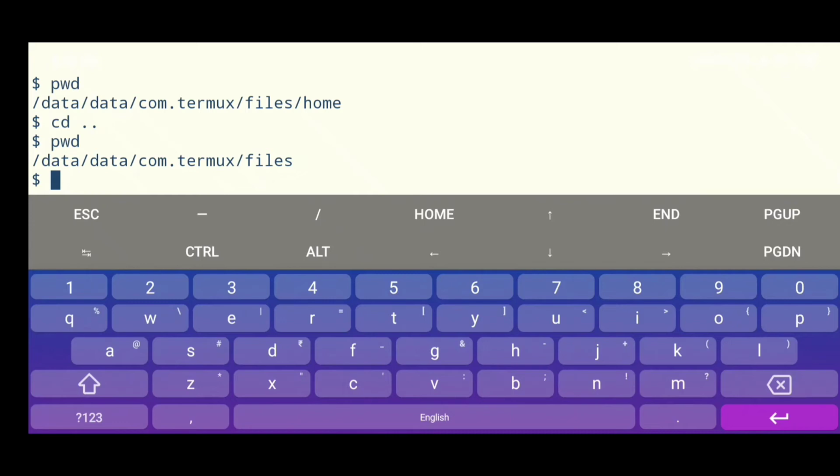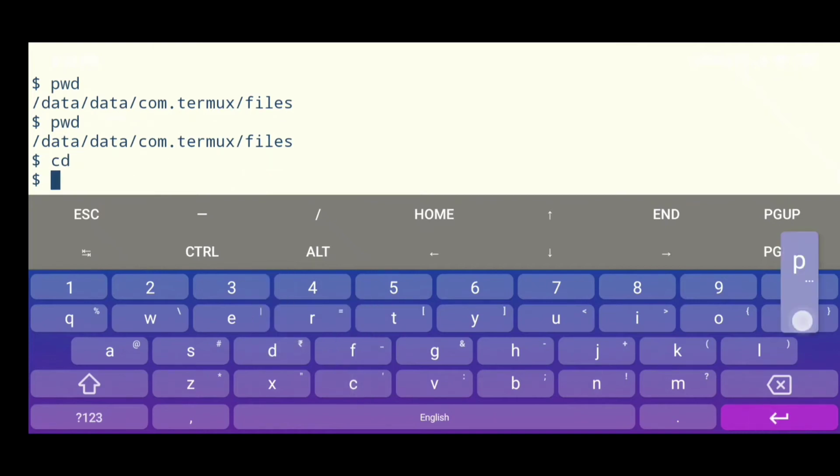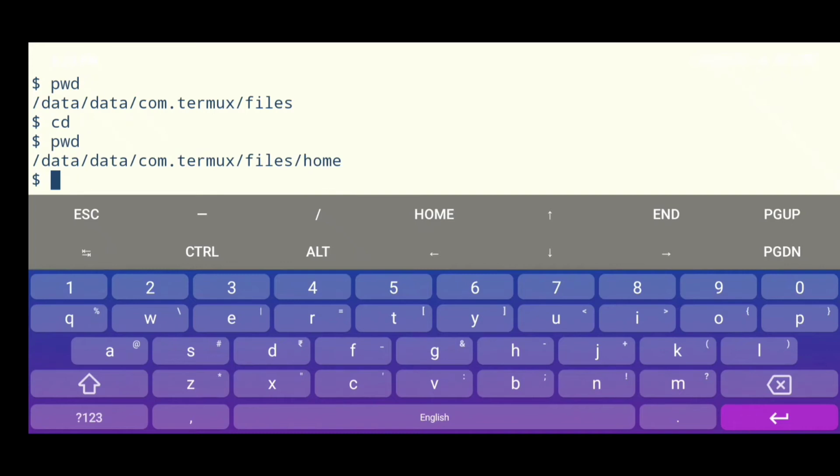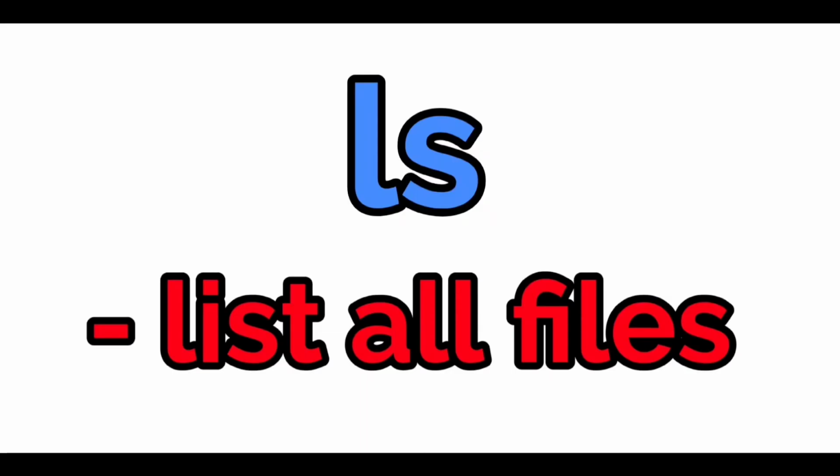So pwd prints the directory in which you are. It shows the full path of that directory. It is a very handy command in Termux app. You can print whatever directory you are in and show the full path of that directory using pwd command. Again you can see I am changing the directory using cd and again printing the directory using pwd. You can again see I am back in home directory and it shows the full path of that directory.